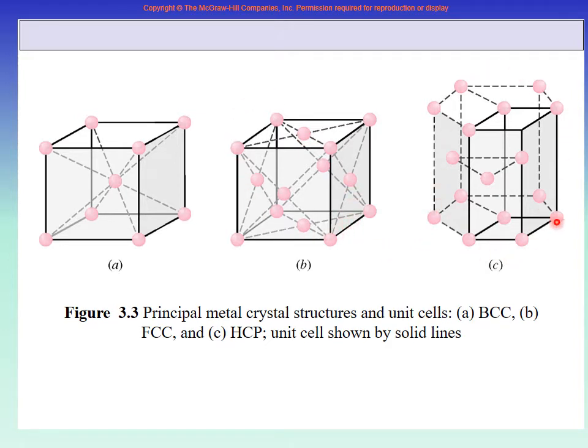Hexagonal, simple hexagonal, will have 6 on the bottom, 6 on the top. This one is also there. This one is also there. So that will be simple hexagonal. Then on the top face and the bottom face there are extras, and in the middle of the body there are 3 extras. So if hexagonal is not simple hexagonal, then you call it hexagonal close packed. It is more closely packed than a simple hexagon. There are some extra atoms.